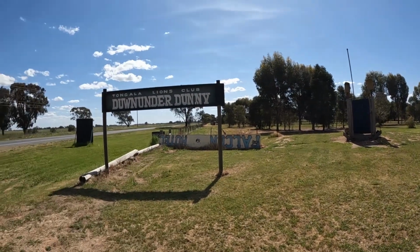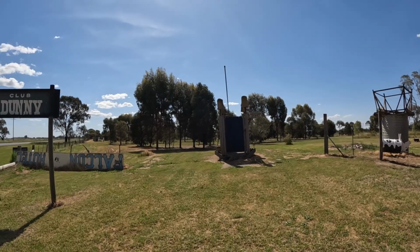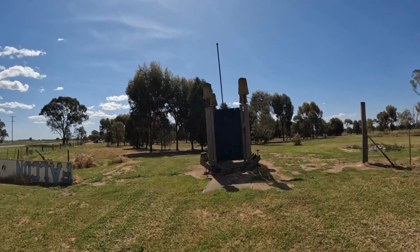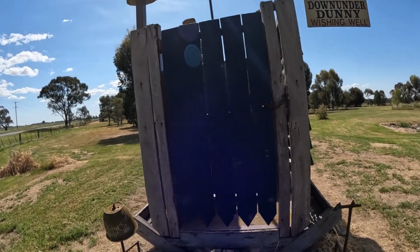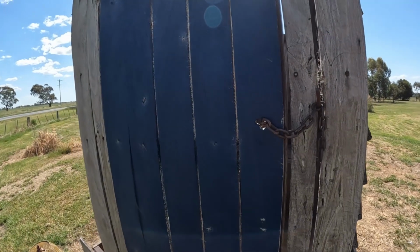Alright, so we've come back on the way back to the caravan park in Moama to the upside down dunny that we were talking about in those murals earlier. So here's the sign, here's the upside down dunny. It's meant to be a wishing well apparently. I don't know how that's a wishing well. There's no water. Anyway,